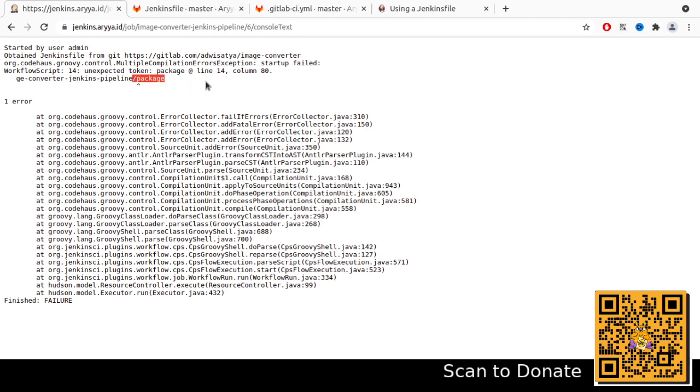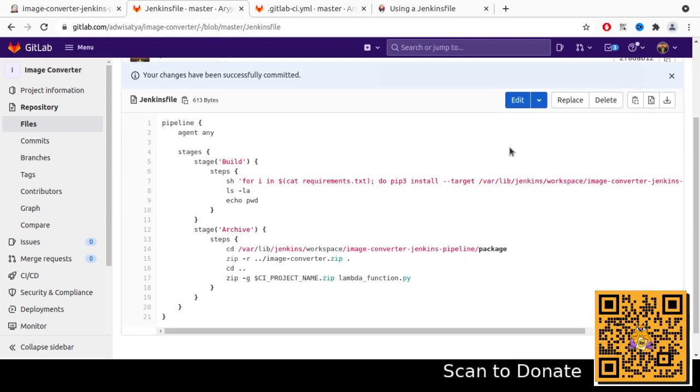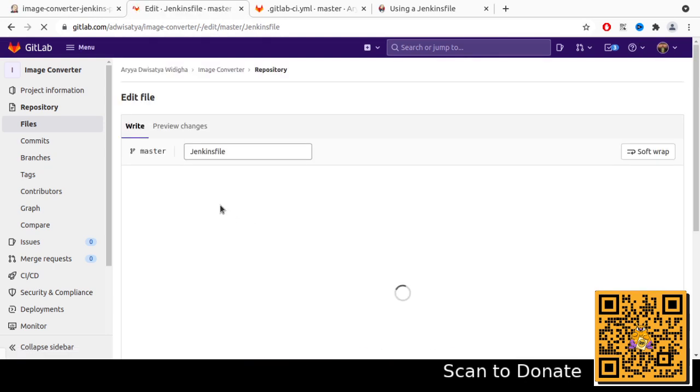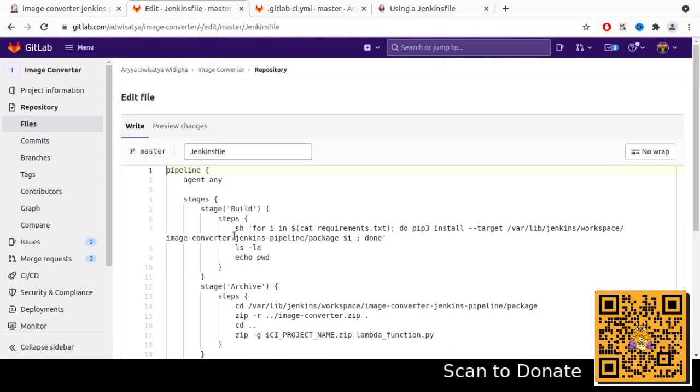Okay, so the package here is not correct. Let's edit again. Maybe we can try using sh here. So this one also sh, and this one also using sh.